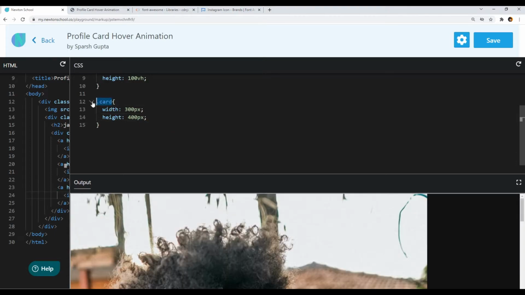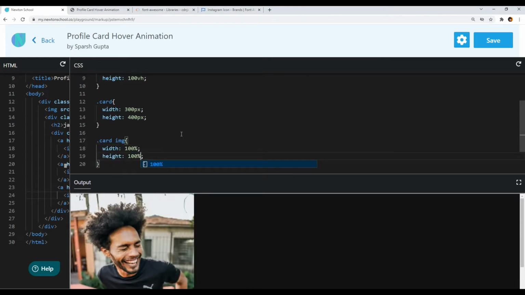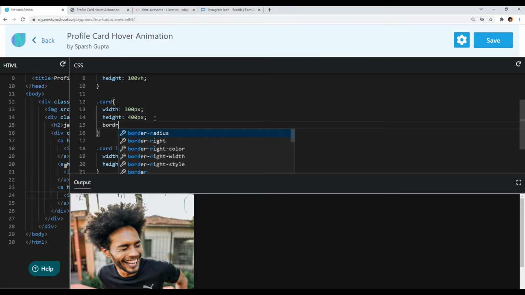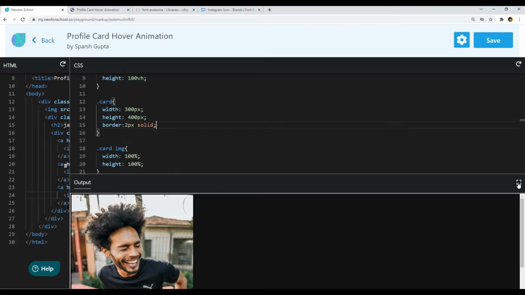And now I will target the image inside our card, and I want the image to completely fit into the card. So I will give it a width of 100% and a height of 100%. Now it will completely fit into the card. Let me give a border to our card so that we can see it properly.